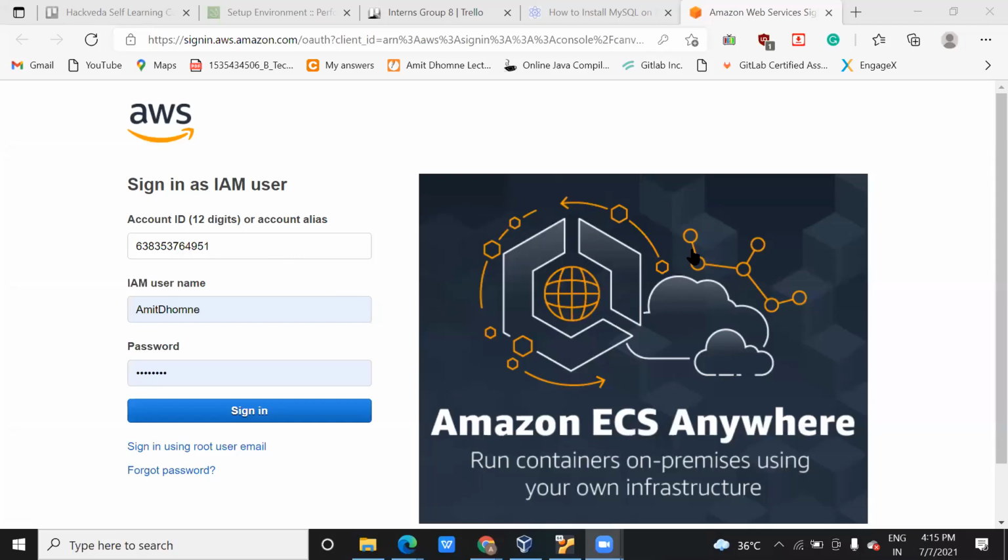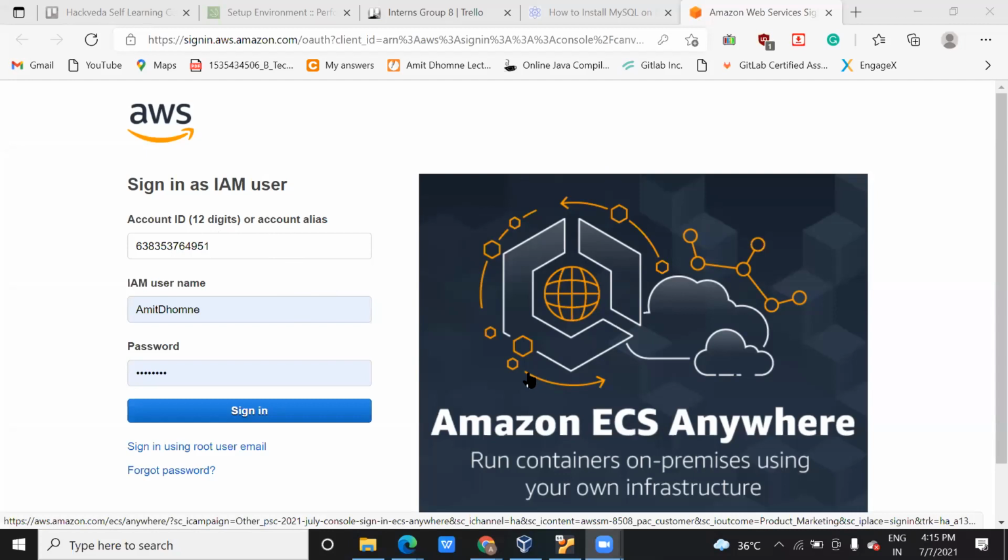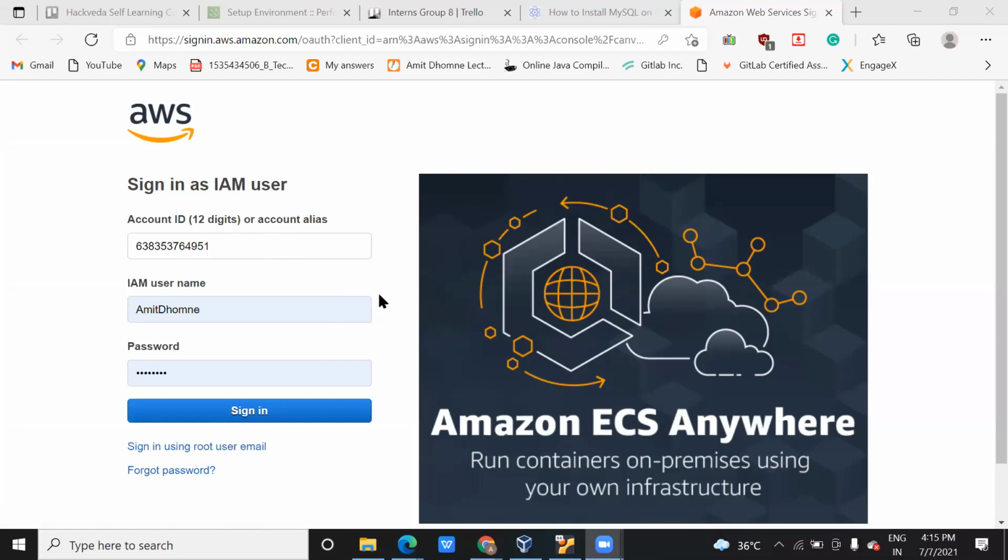So you can see on my screen, right? This was the ID given to me by Hackveda. This is an IAM user. That's why I am an IAM user. I'm not a root user because I have not created an account. So you should be aware of what is a root user and what is an IAM user. Do we need to log in as an IAM user? No, it's not like that. You can log in with any of these, but you should know the difference between those two.